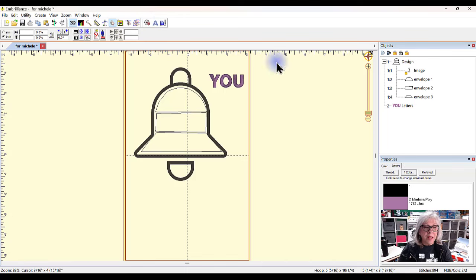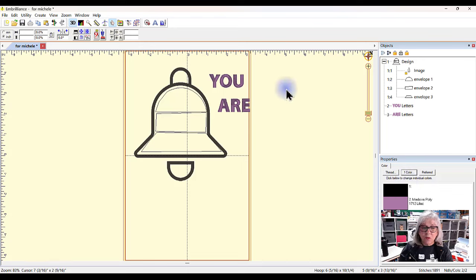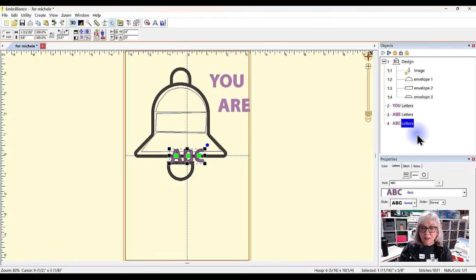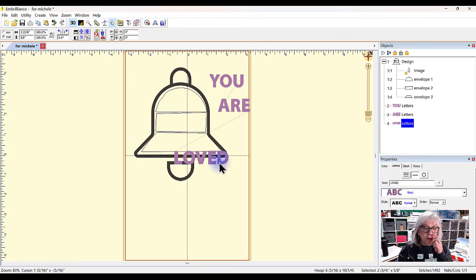I'll make some more letters. I'll put the word ARE, and I'm just doing all caps. No real reason why. You are, and the last one will be right here. I'll type in the word LOVED. Enter. Okay. So as you can see, they're not going into the envelopes at all that I've prepared for them,